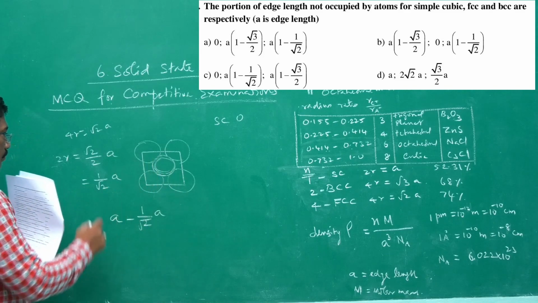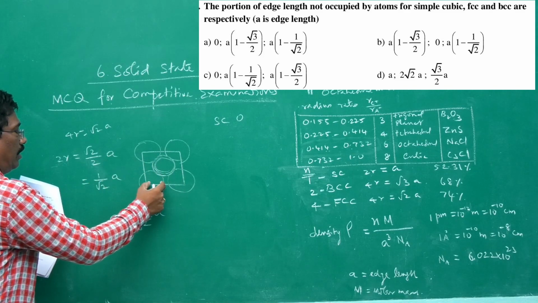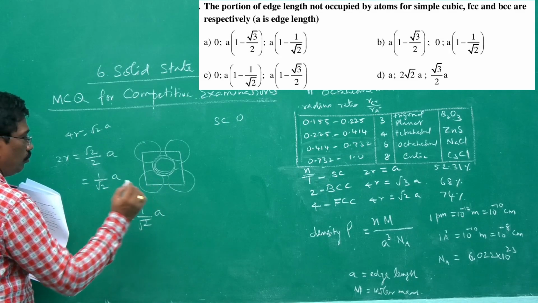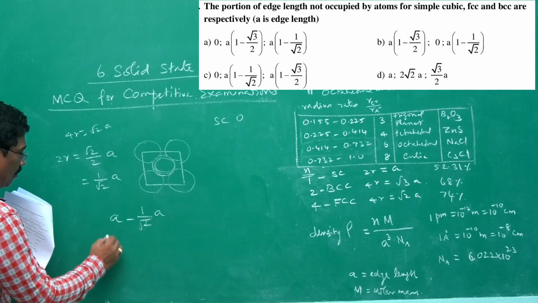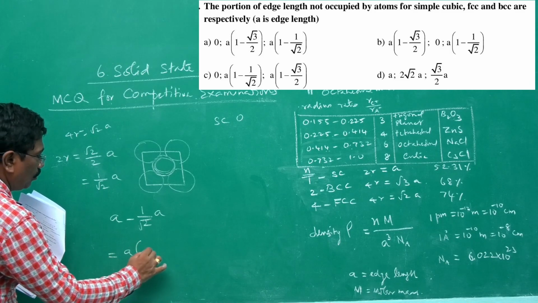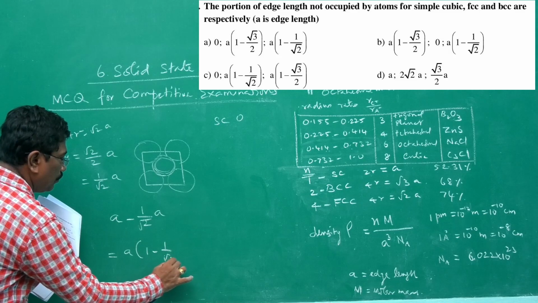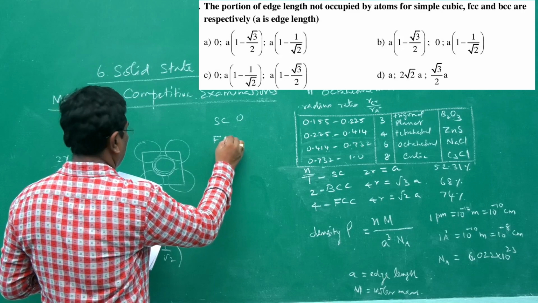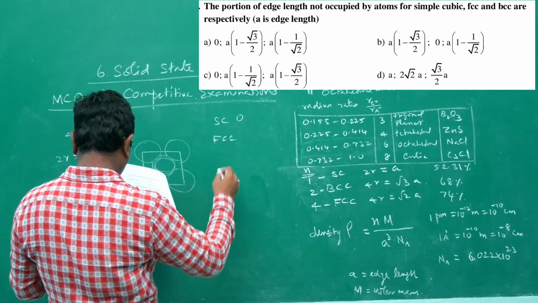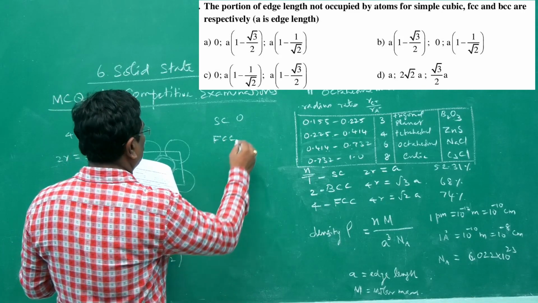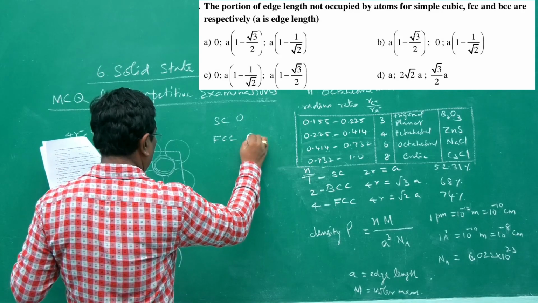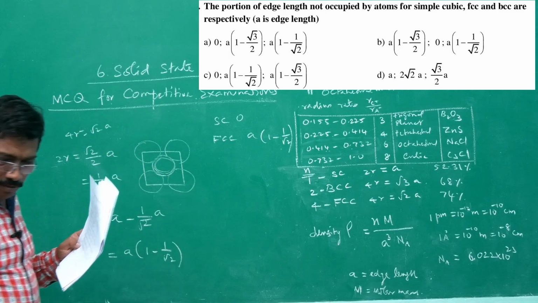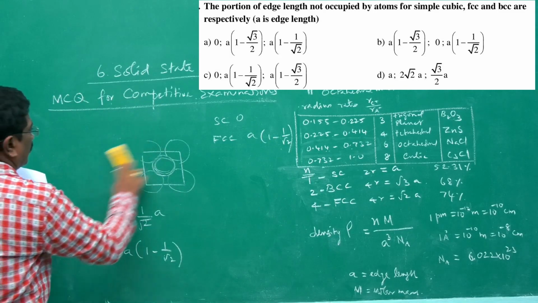The edge length which is not occupied will be a minus 1 by root 2a, which is equal to a, if it is taken out, 1 minus 1 by root 2. So, the portion of edge length not occupied by atoms for FCC is a into 1 minus 1 by root 2. For body-centered cubic,